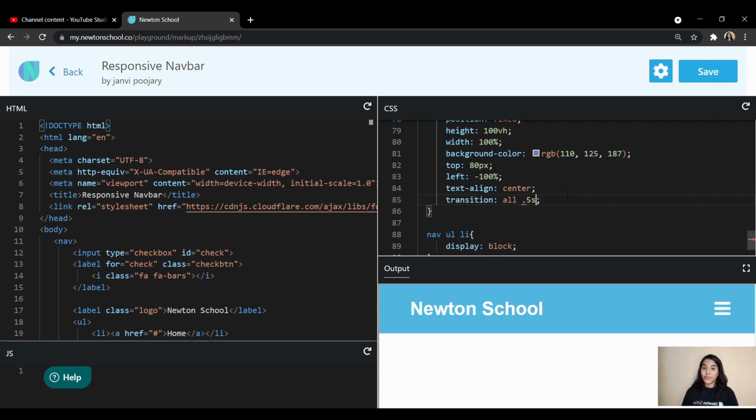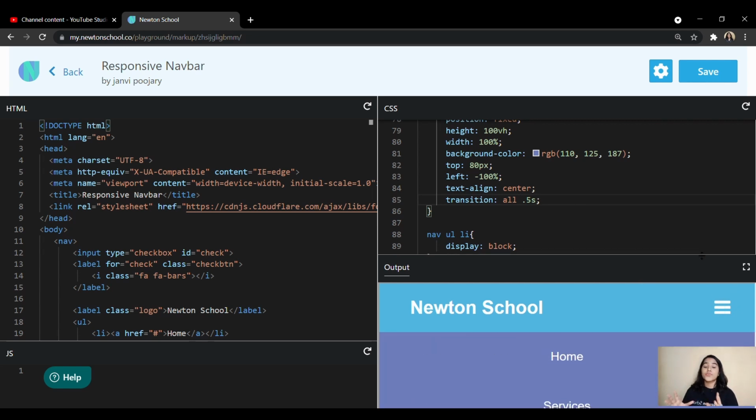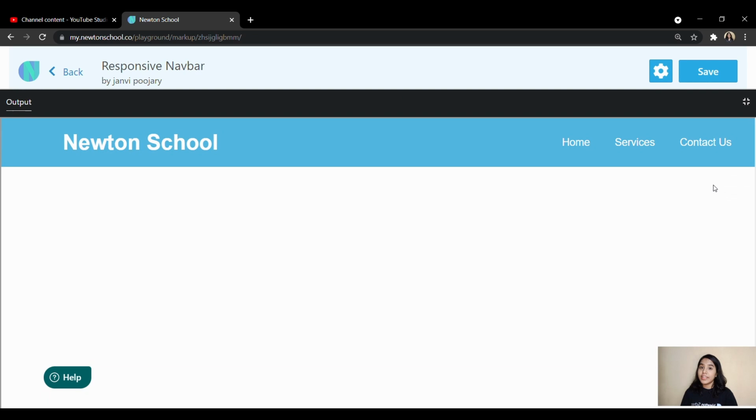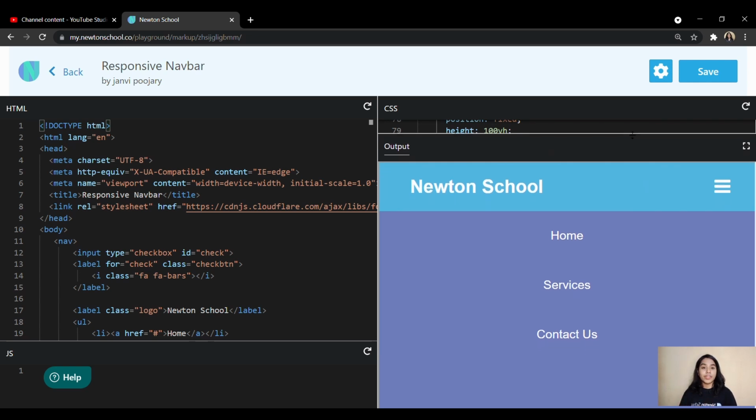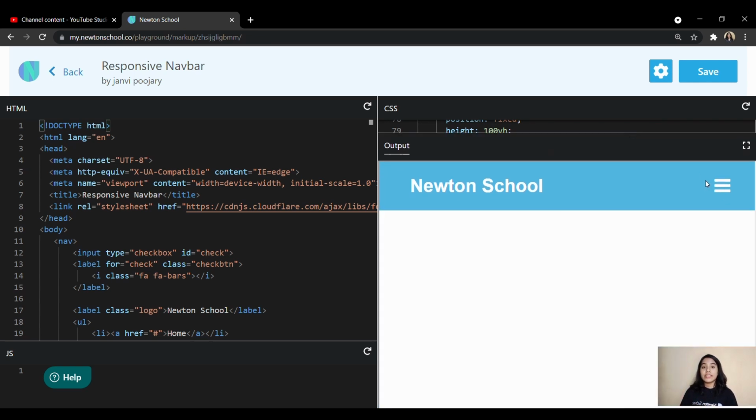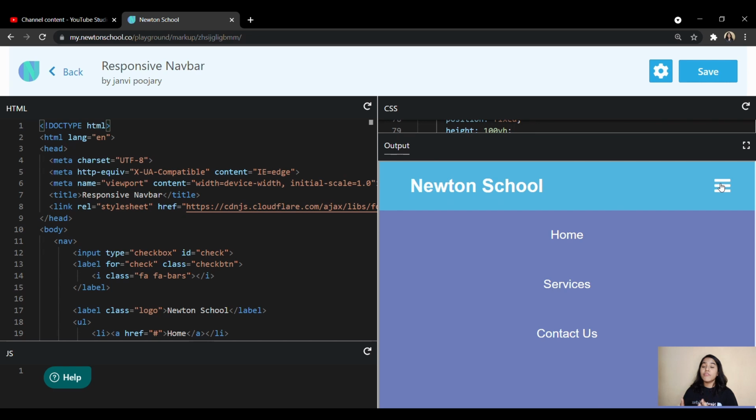The basic thing that we did over here is that we made one checkbox and also one label for it, and inside that label we put our hamburger. This was the first thing that we did. And the last thing we did was, whenever the screen size decreases, we want it to show.